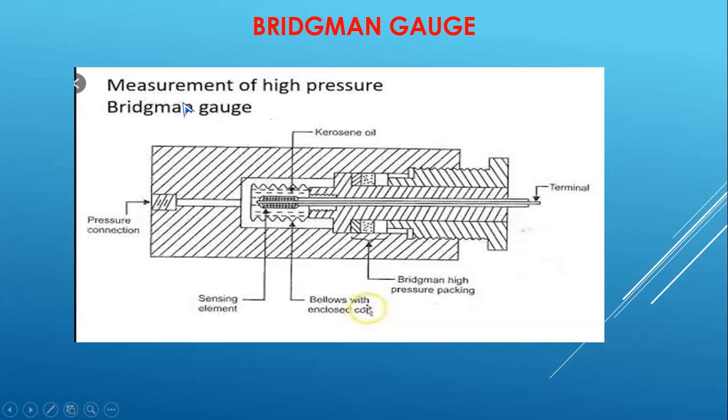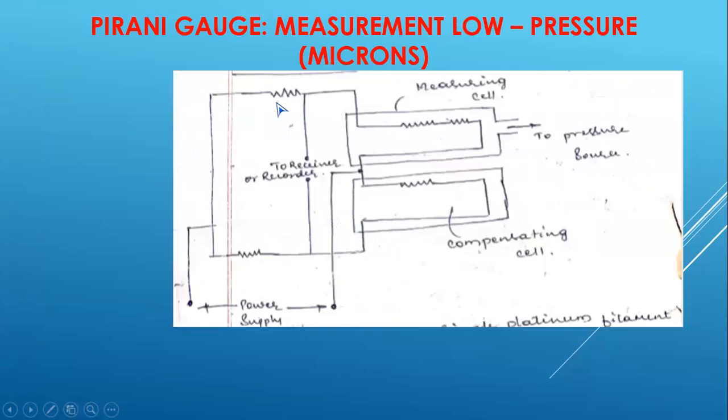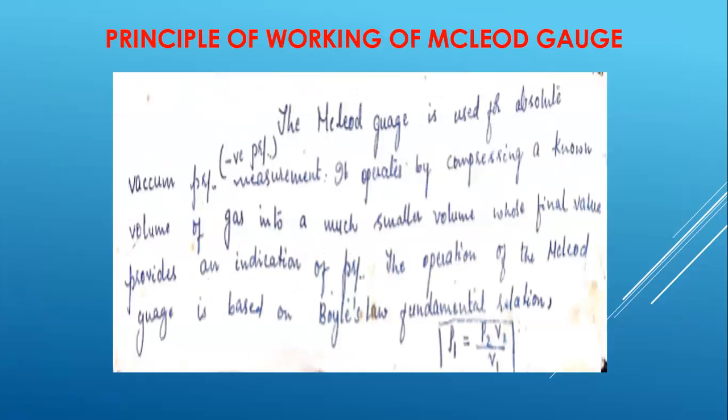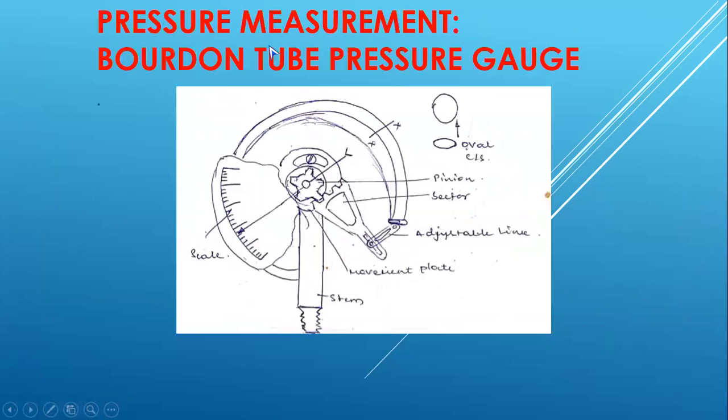Once again, the measurement of high pressure ranges from 100 to 1000 kg per millimeter square, or even more than that, and pressure can be measured by using Bridgman gauge. Once again, starting from this chapter, the first one, Bourdon tube pressure gauge, which all of you